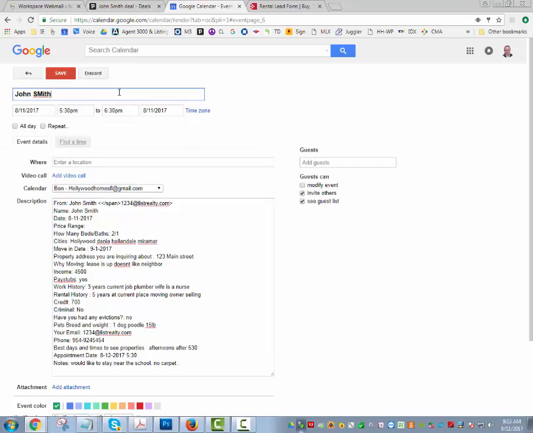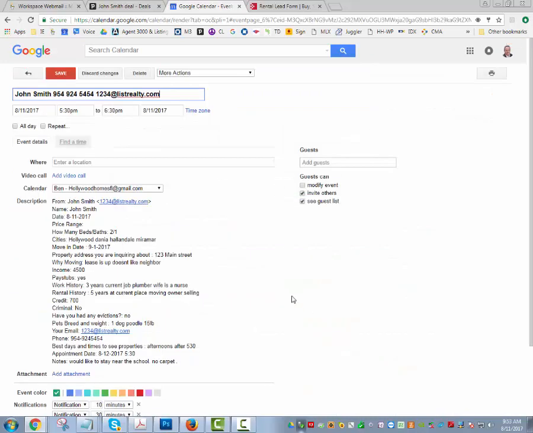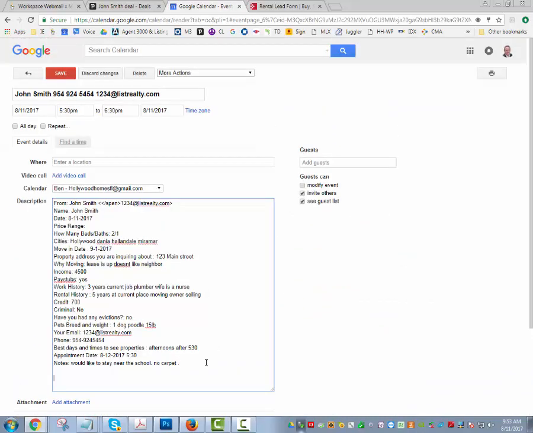Now you can easily grab their number and their email, for instance, and keep it up at the top. That's what we like to do, just to have it handy when we have it, and you can save that slot. So now that slot is saved. John Smith, you have all of his information, and then under here you can just put a line, and then here,